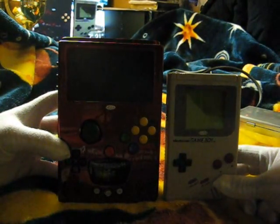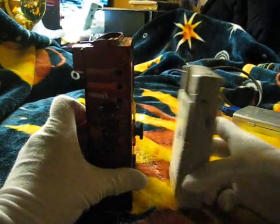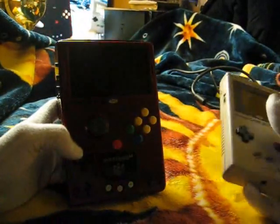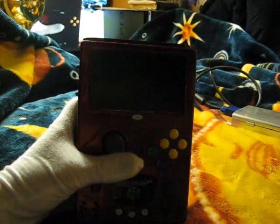As you can see, there's a little extra TFT sticker on there as well. And the thickness comparison. I could put a Nintendo 64 into this, but it would look pretty awkward. But let me show you